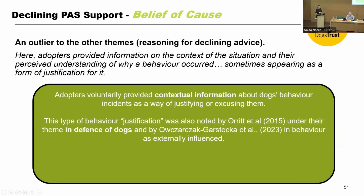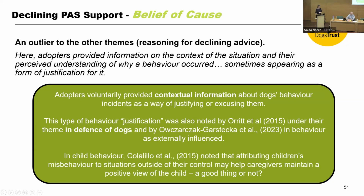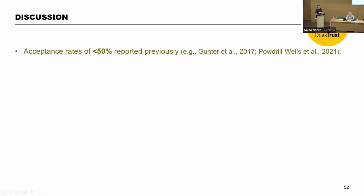And here the adopters voluntarily provided contextual information, seemingly as a way of justifying or excusing their dogs. This has been mentioned before as a theme by different papers, as the defense of dogs. In child behavior, it's noted that attributing children's misbehavior to situations outside of their control can help caregivers maintain a positive view of the child, which may be a good thing or a bad thing, depending